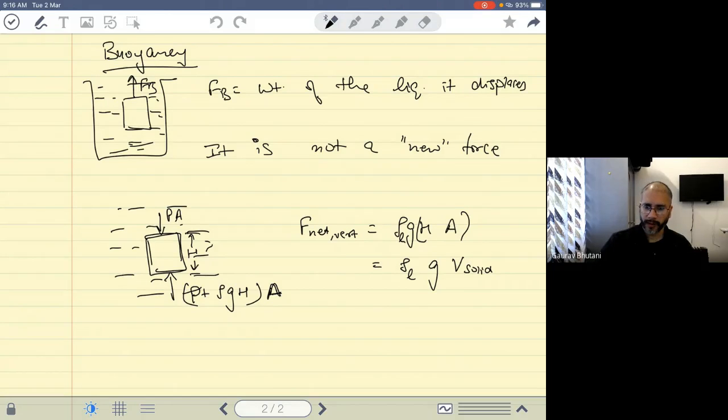The solid is fully immersed, so this is the total volume of the solid, right? And that is what your FB is for this situation. Now, if the solid was floating, then you would have taken the delta H only due to the amount of solid which is floating inside the liquid. So in that case, the volume that you will get is the volume of water displaced. So actually, we should not write volume of solid here because it's not a general sense. So volume of